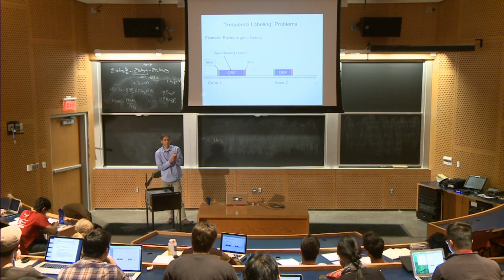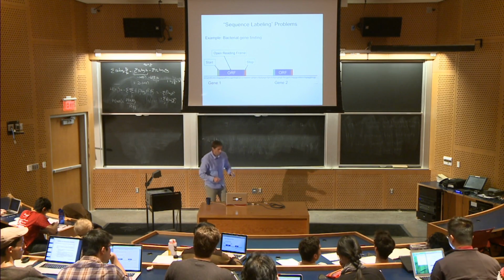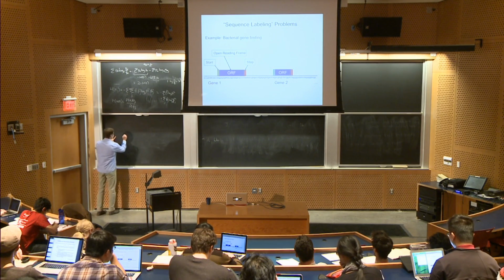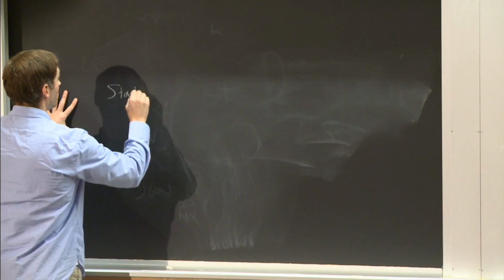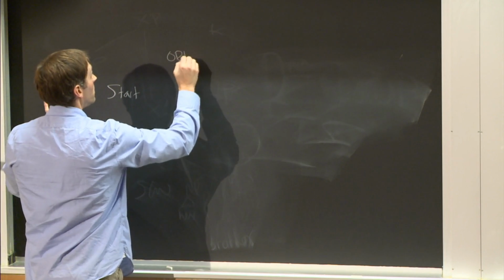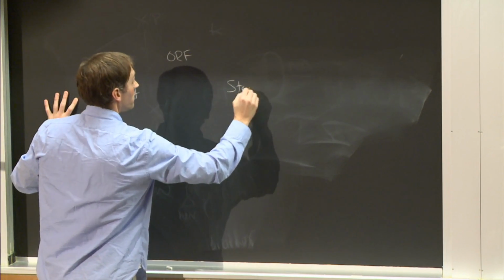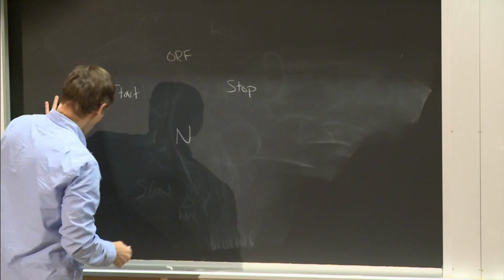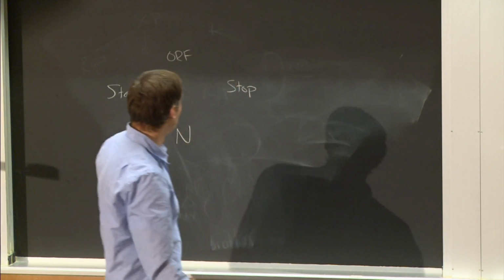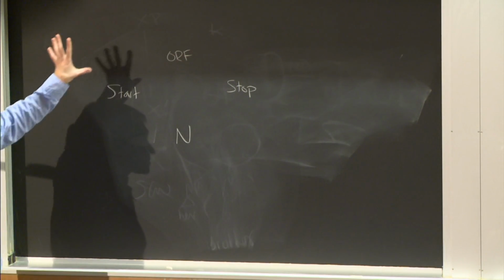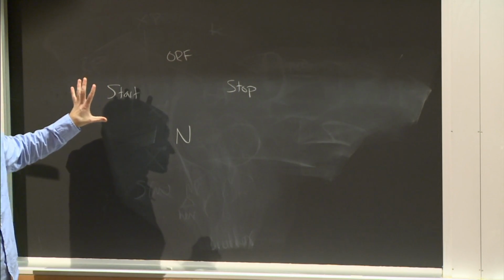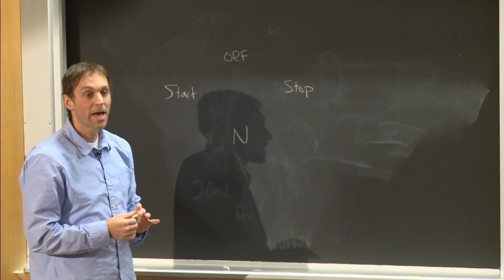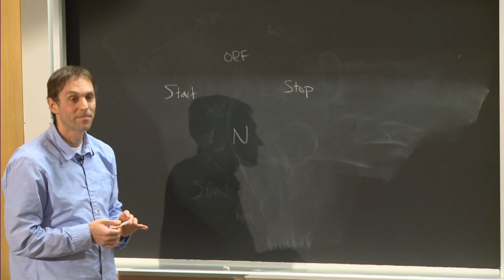Anyone? Tim? Maybe you need 4 states because you need the start state, the ORF state, stop state, and the non-reading state. Okay, start, ORF, stop, and then intergenic or non-genic, right? Good. Now remember, these are the hidden states, so what are they going to emit? They emit observable data. What's that observable data going to be? Sequence, okay.